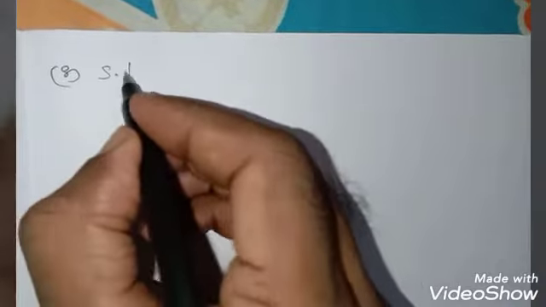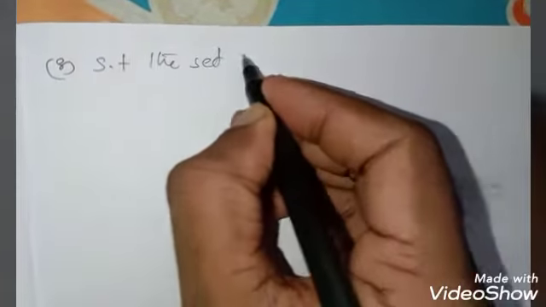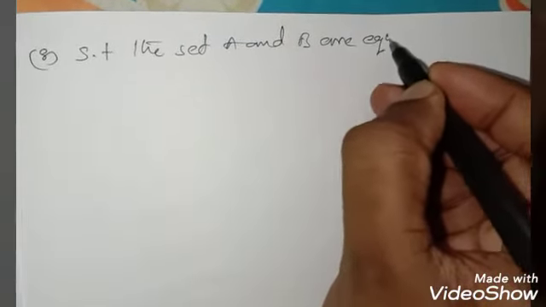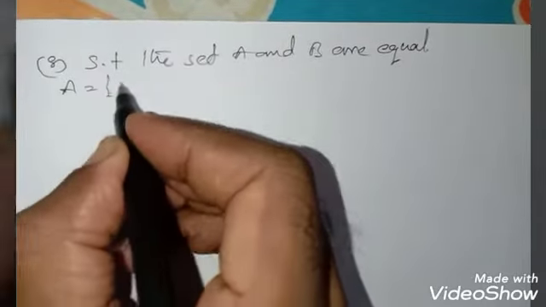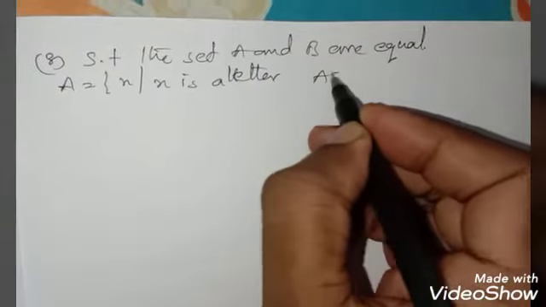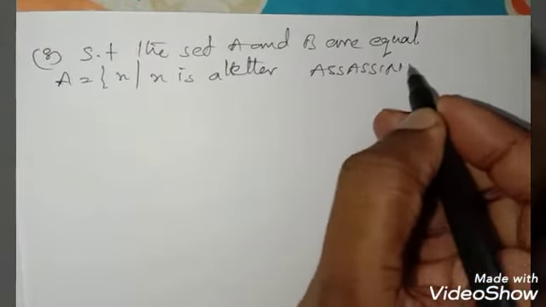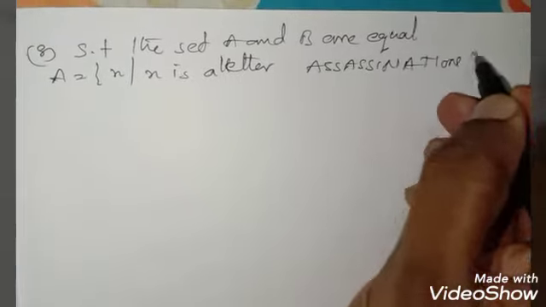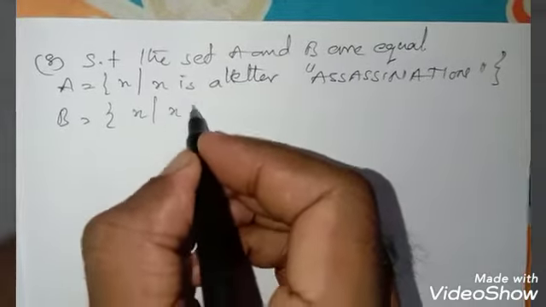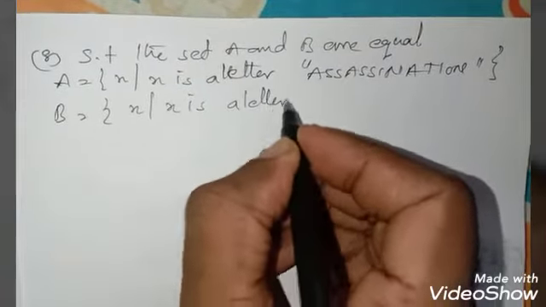Okay, next, the 8th one. I am giving only the related questions, so you may get this type of question sometimes differently, right? Now show that the sets A and B are equal if A is equal to {x : x is a letter of the word ASSASSINATION},